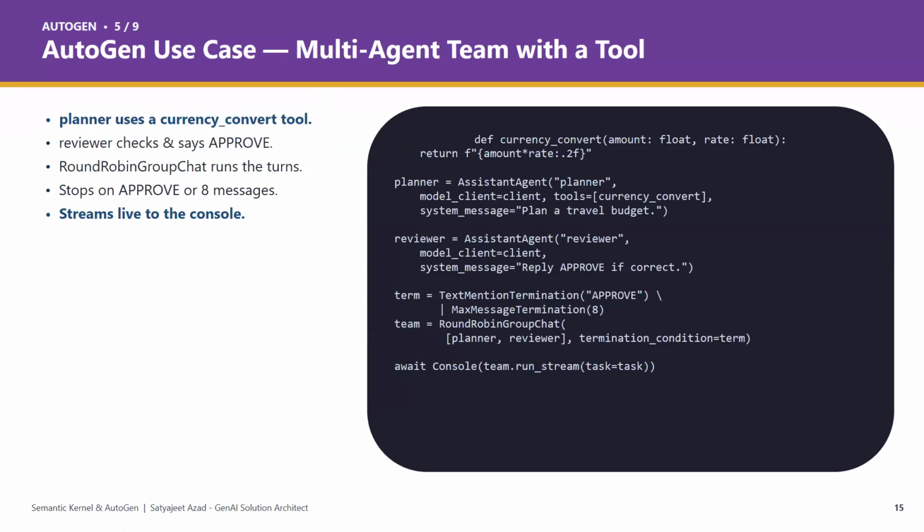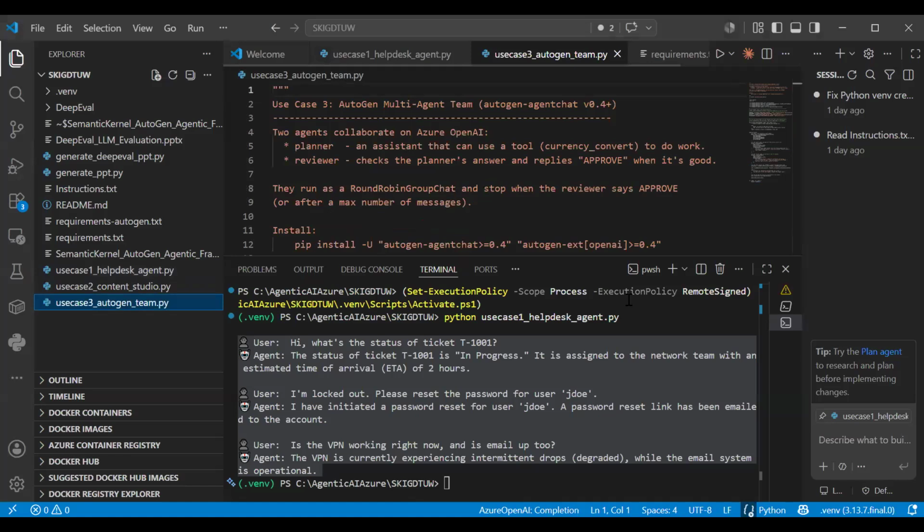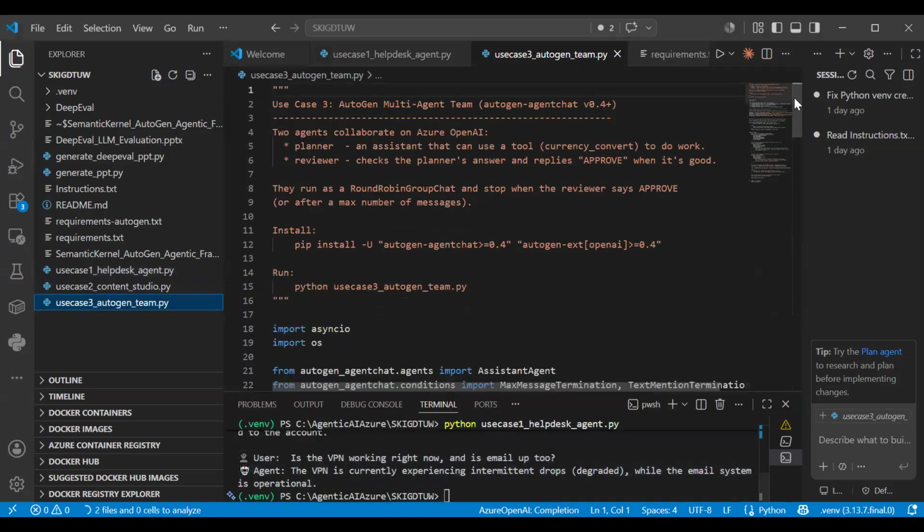So again, coming to the use case, let me share my screen. The use case part, and then you'll see what use case we can solve through this AutoGen. So in this AutoGen, this is the use case we are trying to solve. Here it is a multi-agent AutoGen. Two agents collaborate on Azure OpenAI, because I'm using Azure OpenAI.